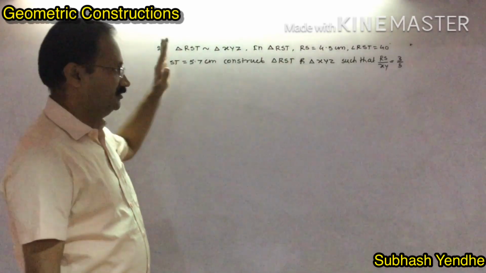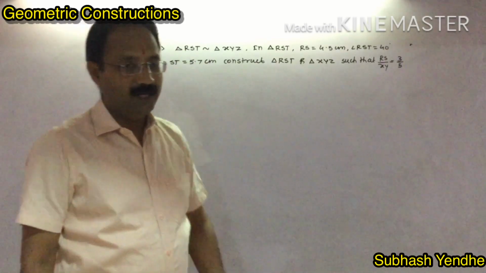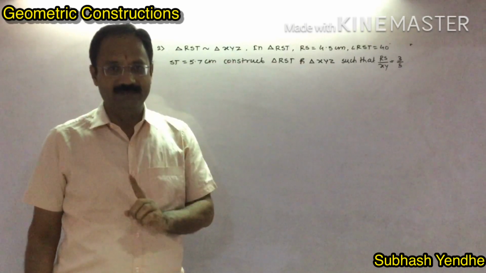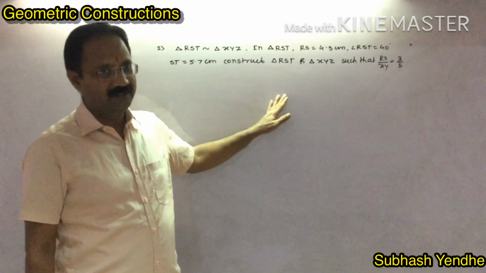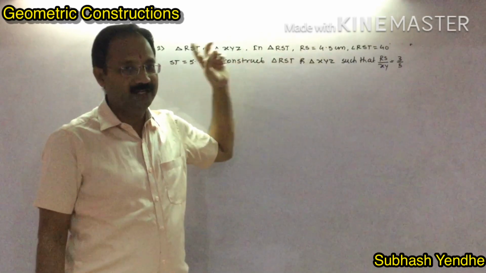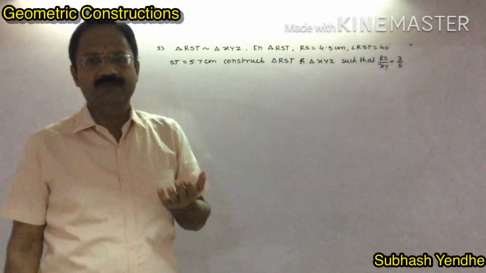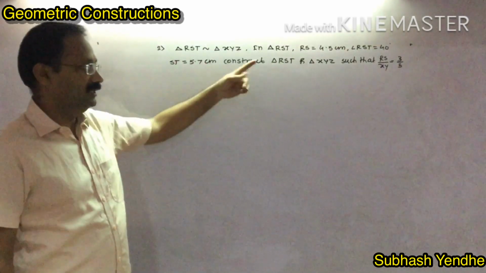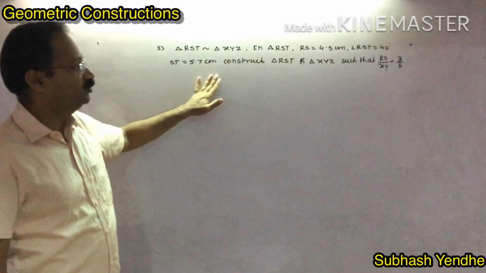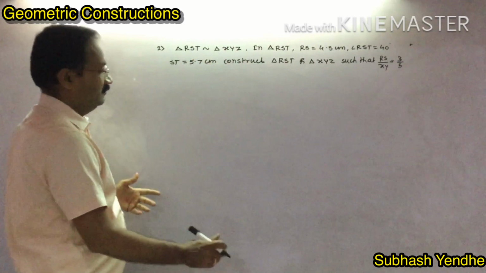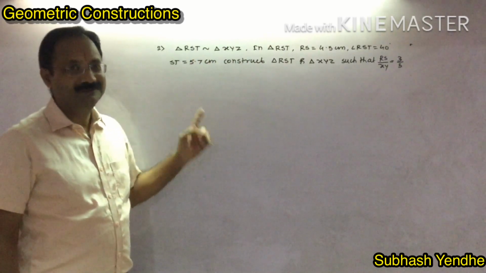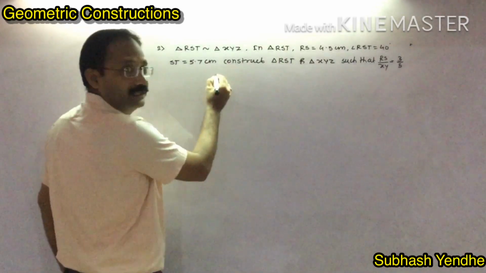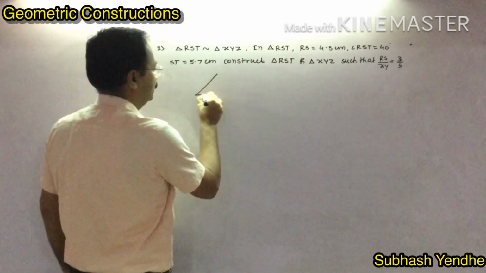Let's start with example number 2. Now in the first sum you have seen that all the sides are given, but here it is different. Here one angle and two segments are given. Sometimes they will give you two angles and you have to find one segment. So the first rule I told you: draw the analytical figure. So here I am going to draw the analytical figure first.